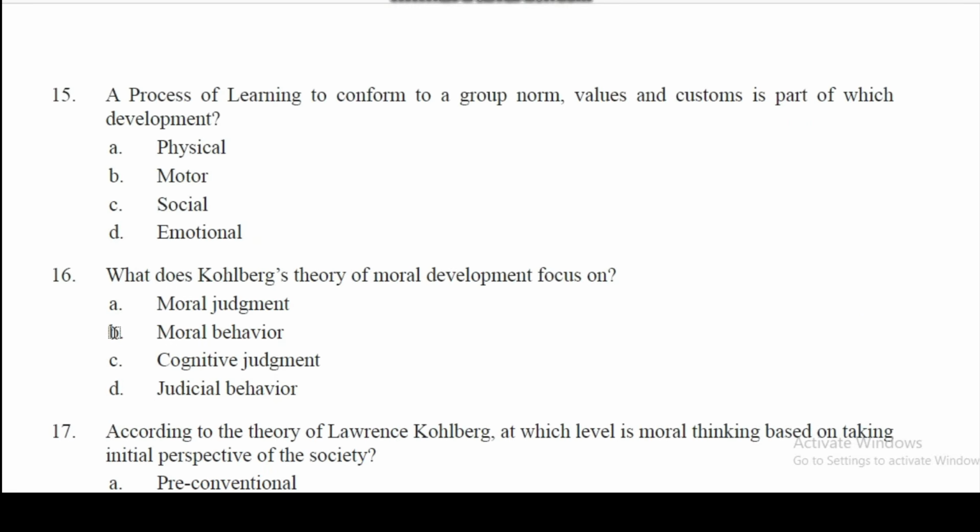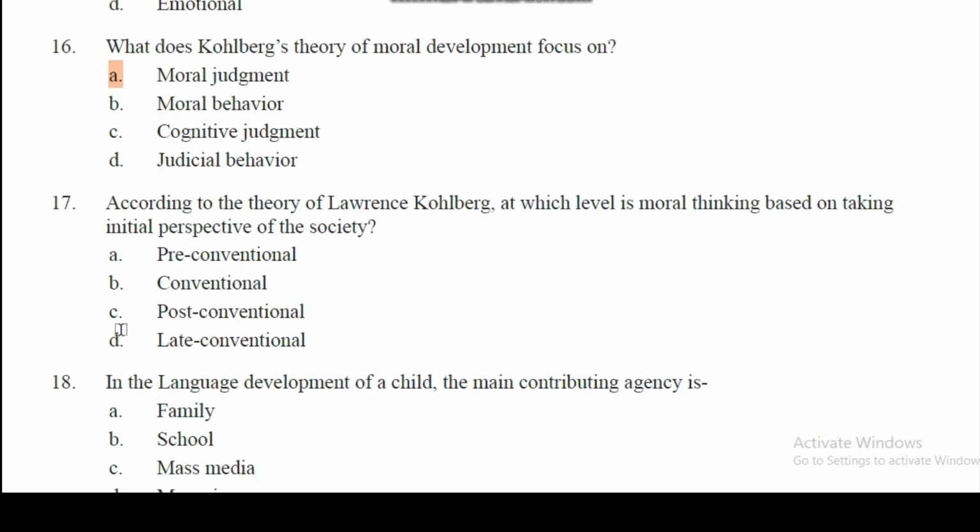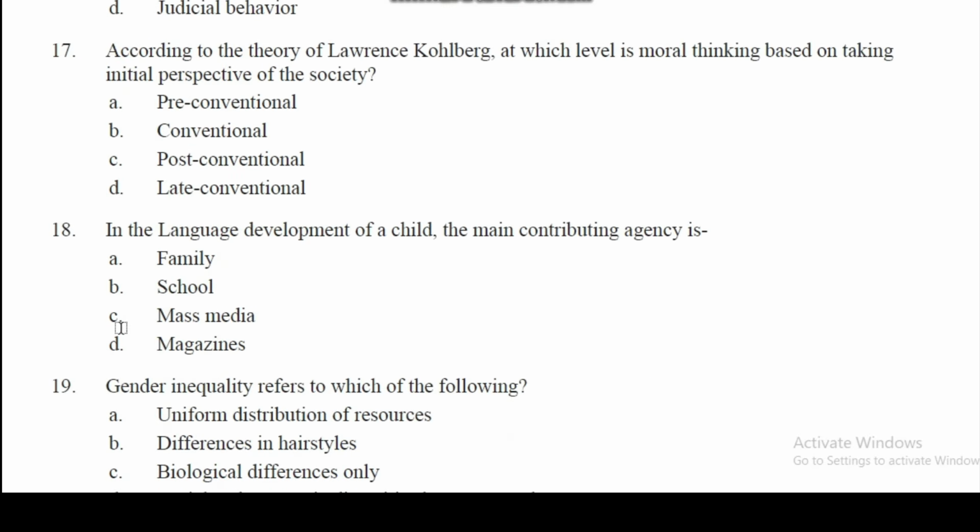15. A process of learning to conform to a group's norms, values and customs is part of which development? Answer C. Social. 16. What does Kohlberg's theory of moral development focus on? Answer A. Moral judgment. 17. According to the theory of Lawrence Kohlberg, at which level is moral thinking based on taking the perspective of society? Answer B. Conventional. 18. In the language development of a child, the main contributing agency is